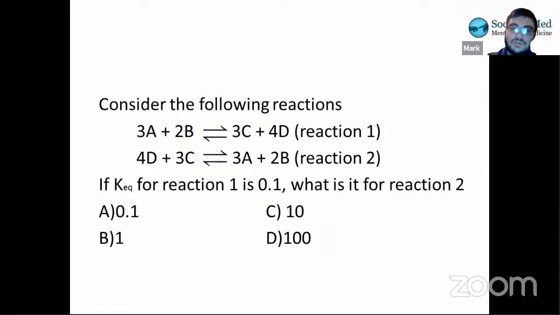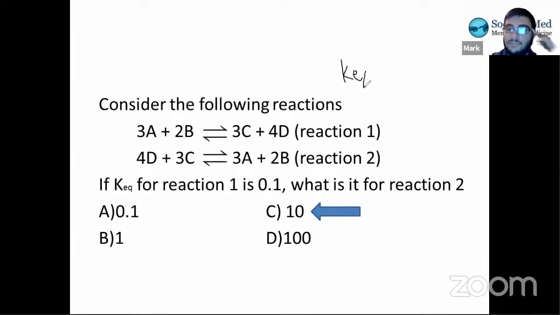Okay. So the majority of people voted for A, with C and B also being other answer choices people have picked. So the correct answer actually is C. And let's go over why, right? So like I mentioned, KEQ